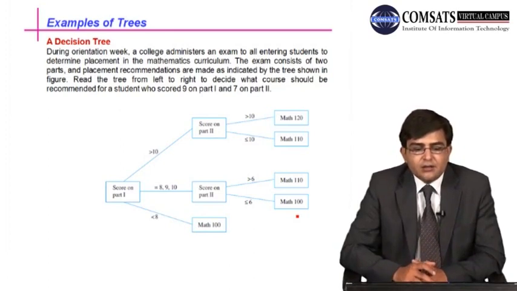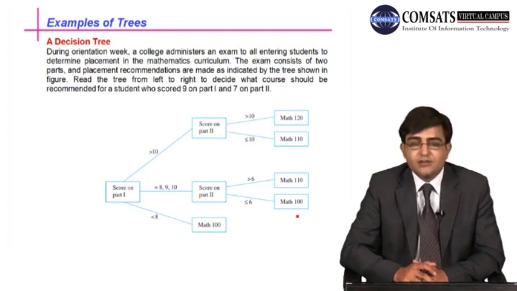During orientation week, a college administers an exam to all entering students to determine placement in the mathematics curriculum. The exam consists of two parts, and placement recommendations are made as indicated by the tree shown in the figure. Read the tree from left to right to decide